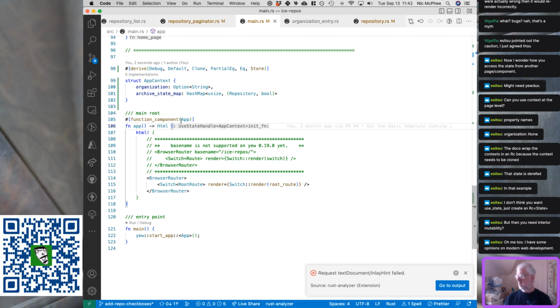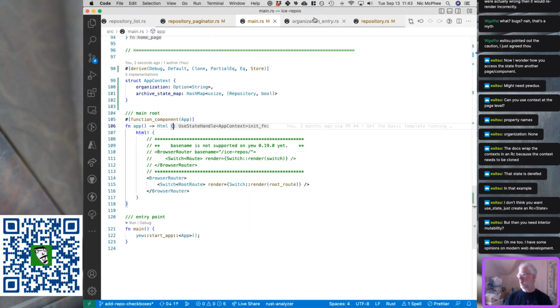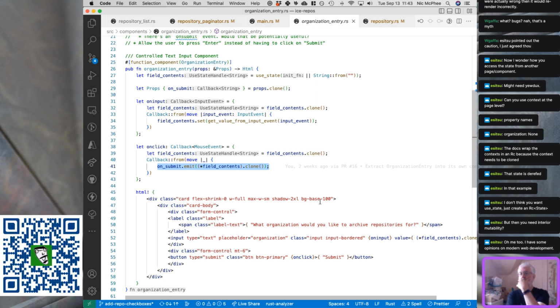Now, at some point, all of this stuff is going to have to be, we're going to have to pub some stuff here, but we can ignore it for a hot minute. So let's go find organization entry. In theory, ought to be able to